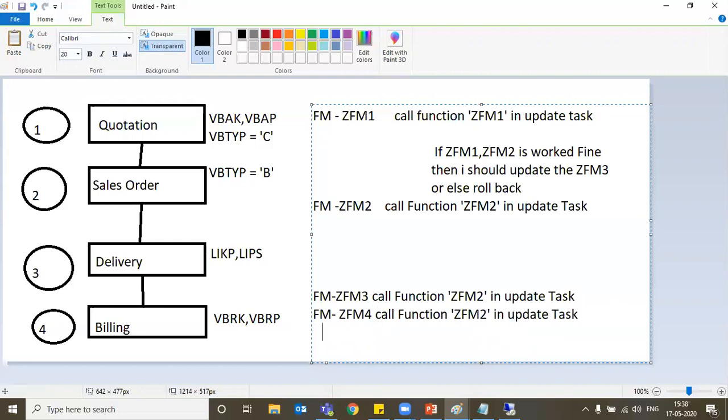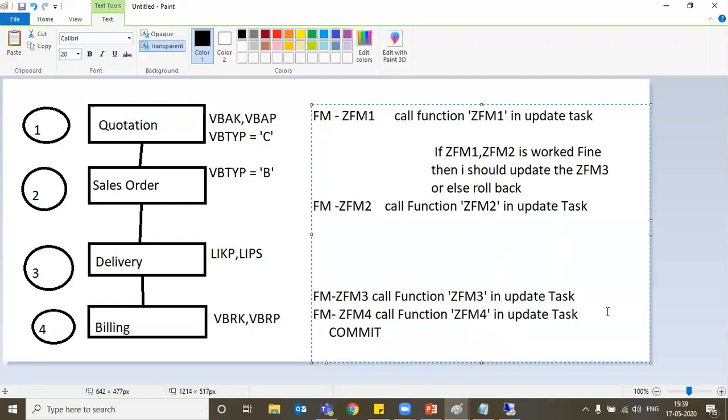At last I will write COMMIT. So all these function modules will be executed one by one in a proper sequence.